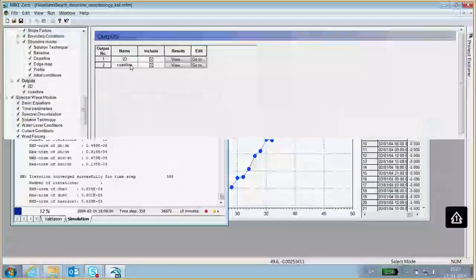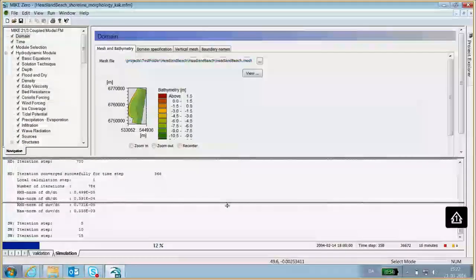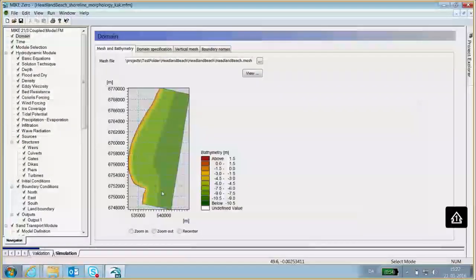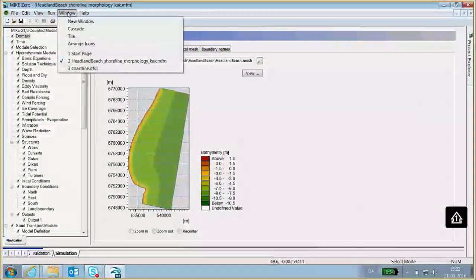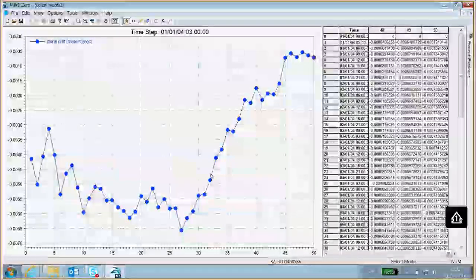If we go back and have a look at our domain, so this is the domain here, and the waves are coming in from 140 degrees, so from this direction down here. So that's of course why we are seeing transport from right to left.